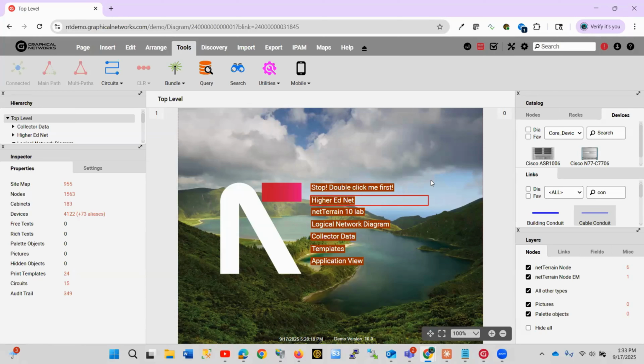netTerrain is the software that I have displayed on the screen here. The company is Graphical Networks. netTerrain is the software, so it can be used for network documentation. If you haven't really been doing any kind of documentation so far on your network,